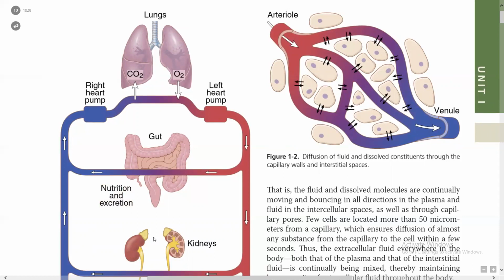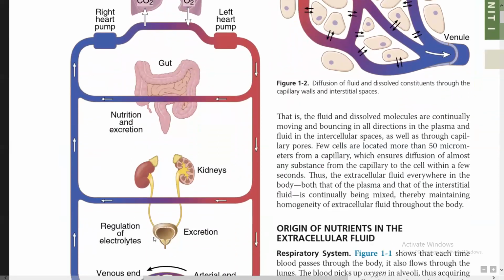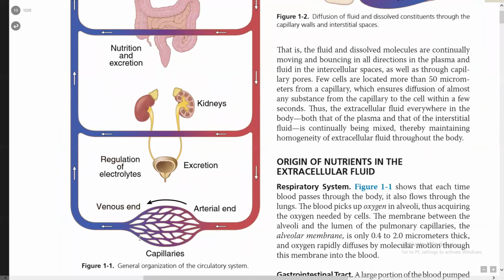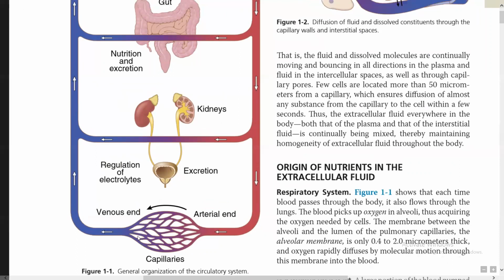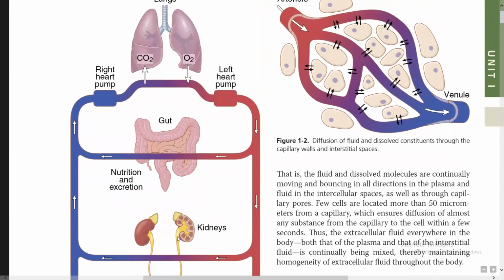is being done, which means that you get your nutrients, and then there is an excretion process going on at this stage. And then again, when this blood goes into the kidneys, over there is the process of excretion as well as regulation of electrolytes. And then the third thing is that there is the arterial end, and then these arteries are being converted into capillaries, and then there is the venous end, and through this capillary there is exchange of a lot of materials and ions, and then this blood